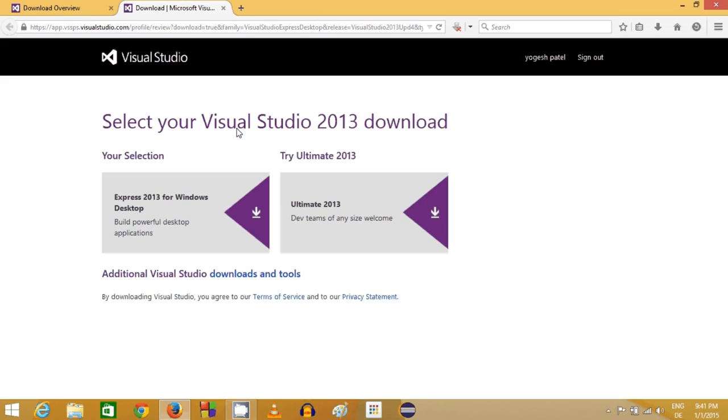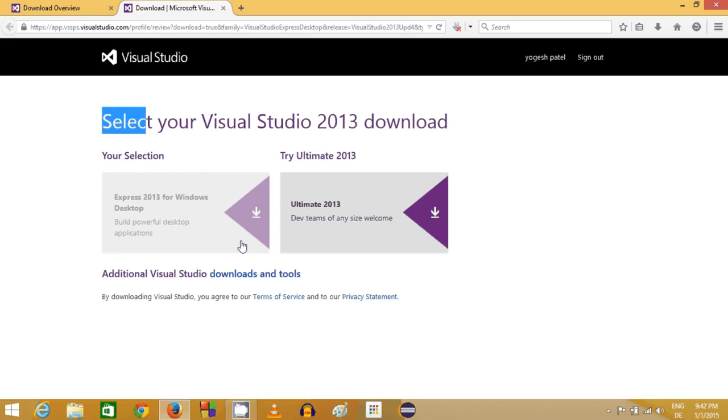So you may have to log in with your account in order to see this link. If you already have this account, you just need to sign in with your Microsoft account, and otherwise you need to sign up or create a new account, and then you will be able to see